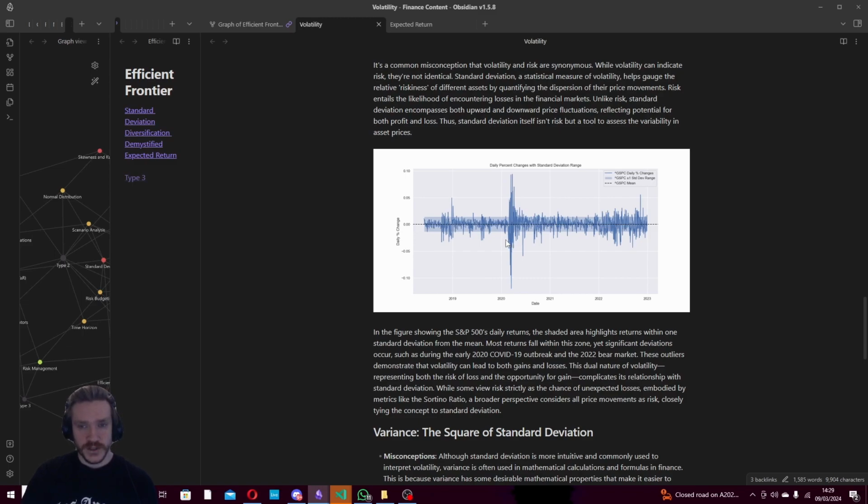So volatility, or the standard deviation, I should say, if you're assuming normal distributions, it's not biased. It doesn't assume that there are more extreme negative daily returns than extreme positive daily returns, right? So the standard deviation tells you how often you would expect extreme negative events to occur and extreme